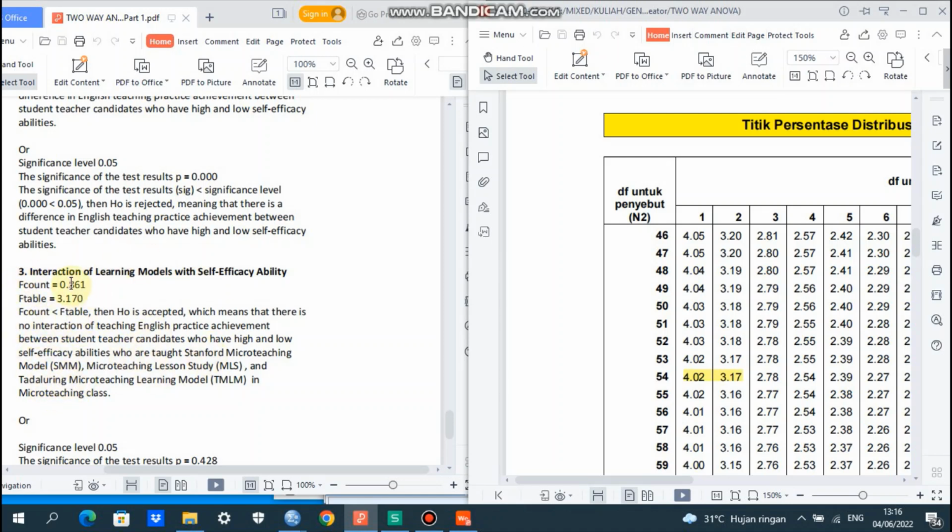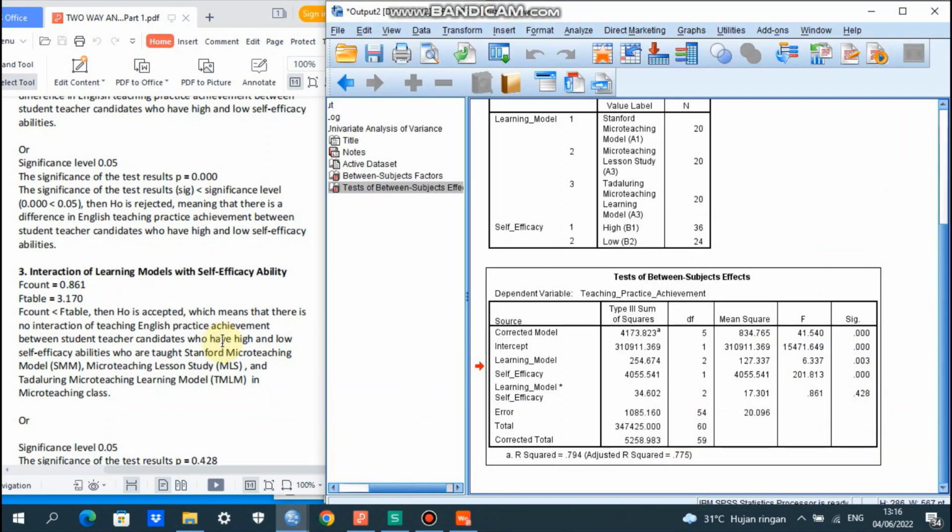If F count 0.861 is less than F table 3.170, it can be interpreted that H0 is accepted.